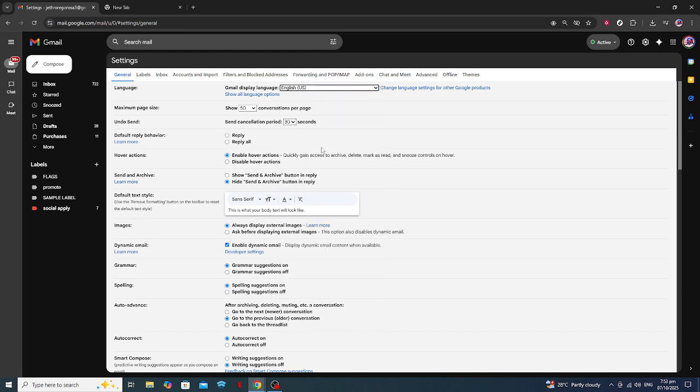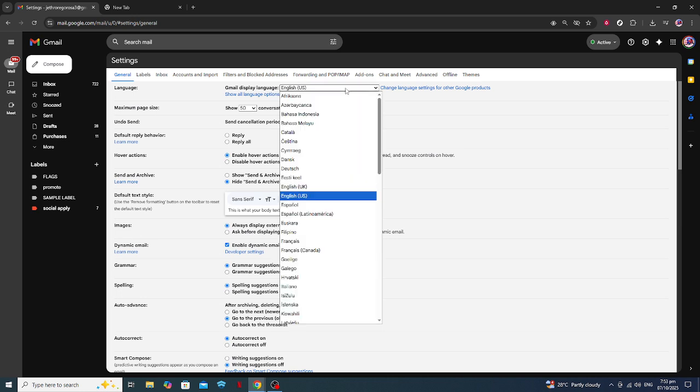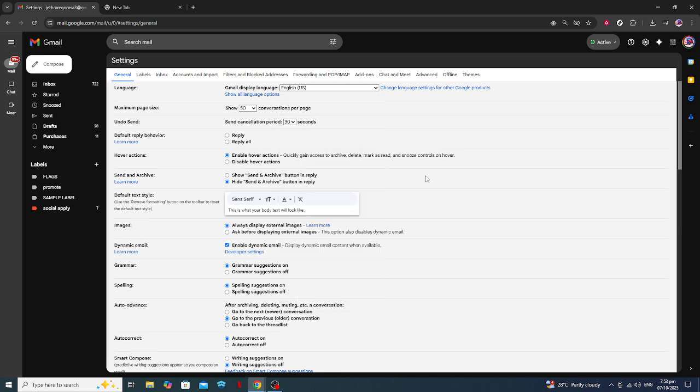And there you have it. You've successfully changed the language in your Gmail account. With these changes, your Gmail interface now matches your language preference, enhancing your email management experience. It's as simple as that, but if you ever decide you want to switch back or try another language, just